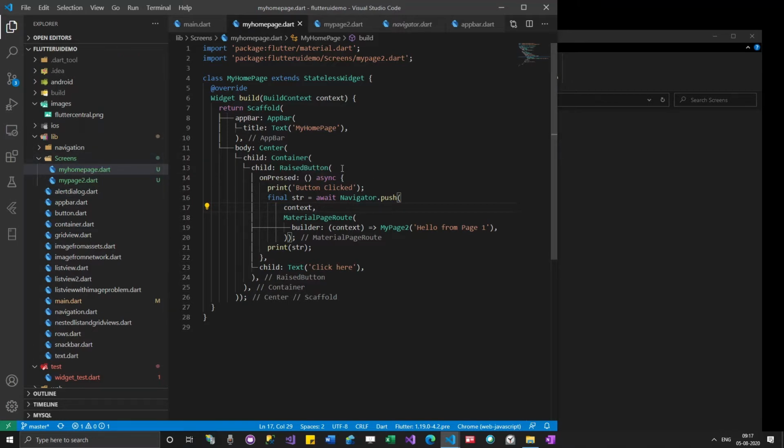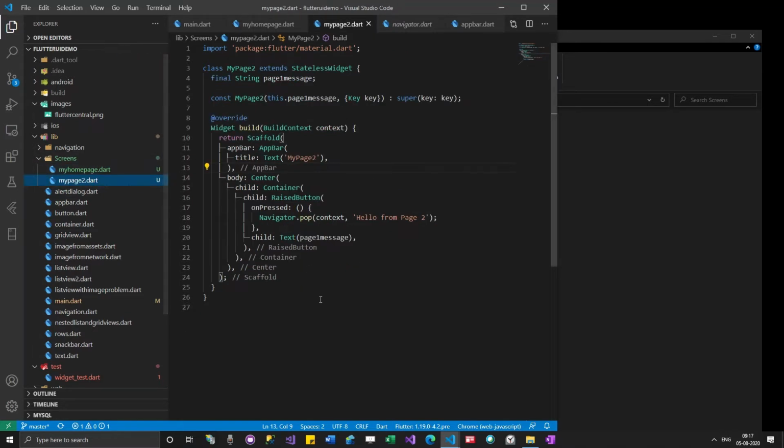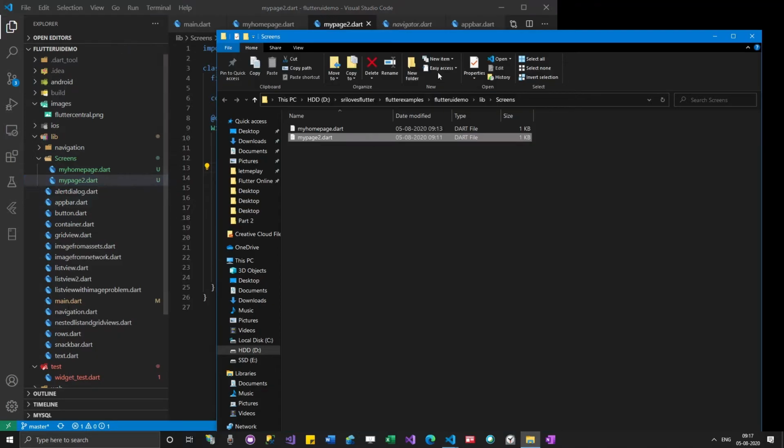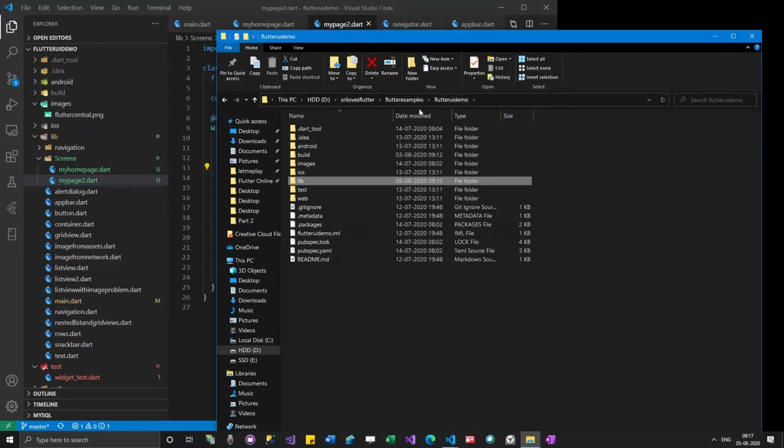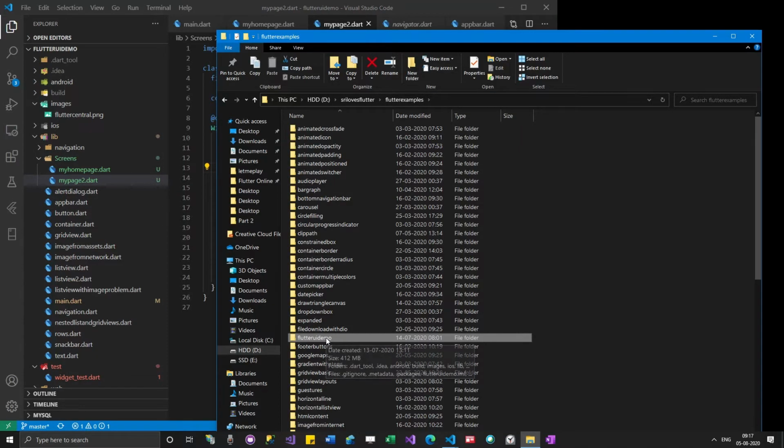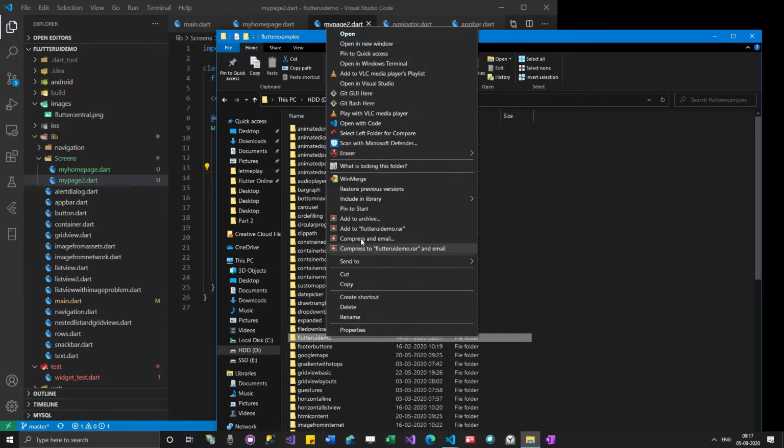He wrote many classes separately, every class almost independent of the others, but there are links, and he decided to share that code with other people. Either he will ship the whole project: he will go to Flutter UI demo, zip it and send it. He's actually packaging it and sending it.